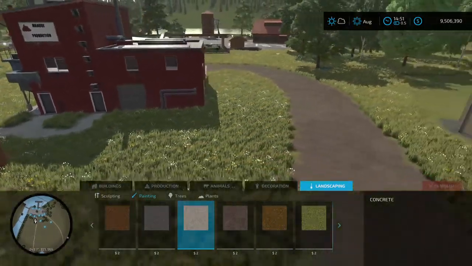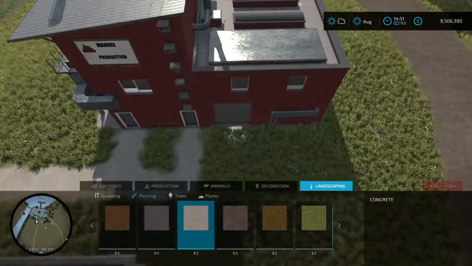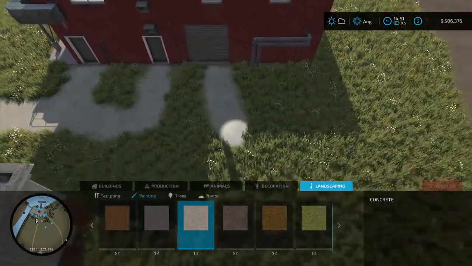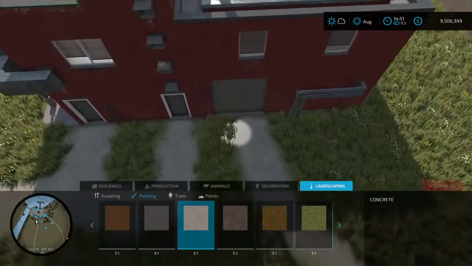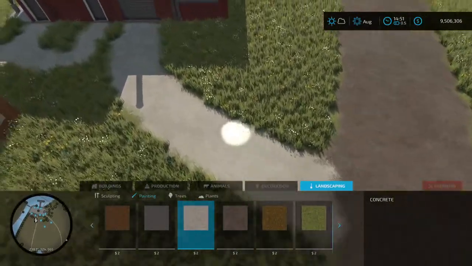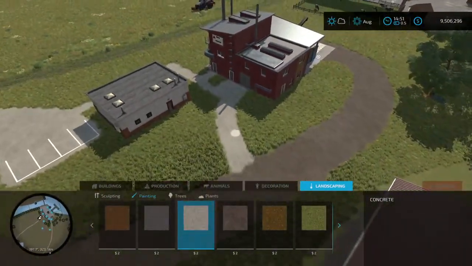All right, so let's match it up to our actual dirt road here. We can go with the same width there if we want, or we can just go like so. We'll take this one on over there too. I think we'll make that like that there. Okay, then now